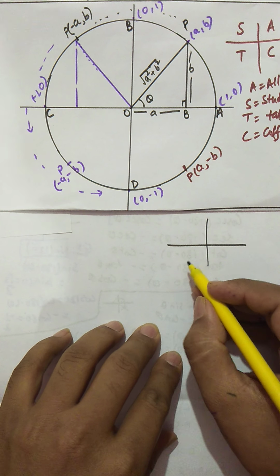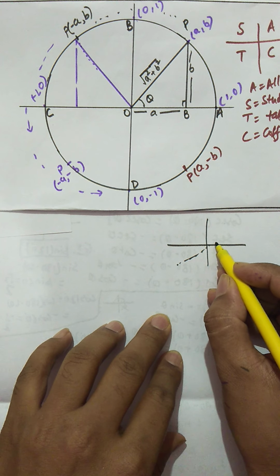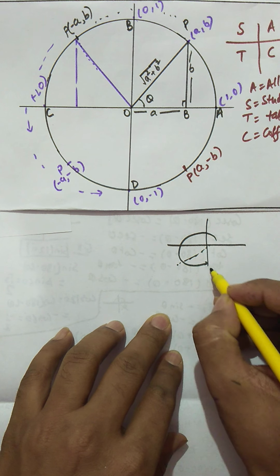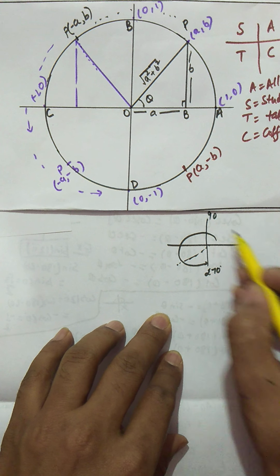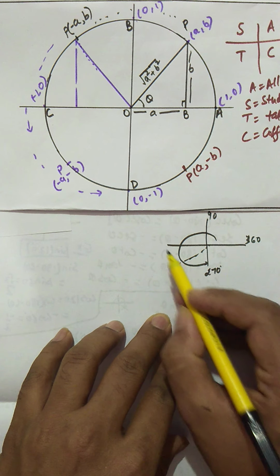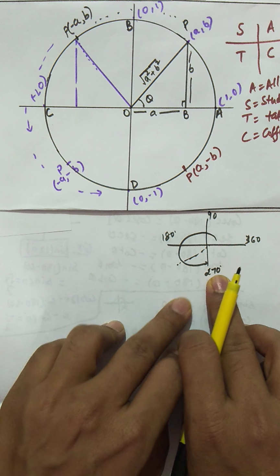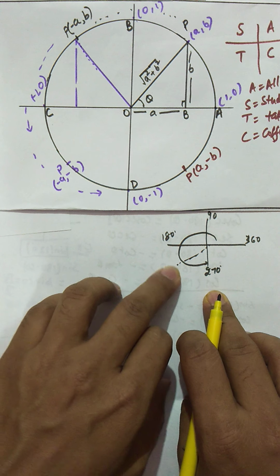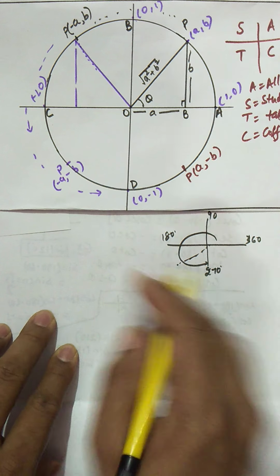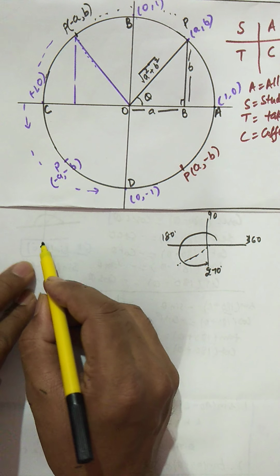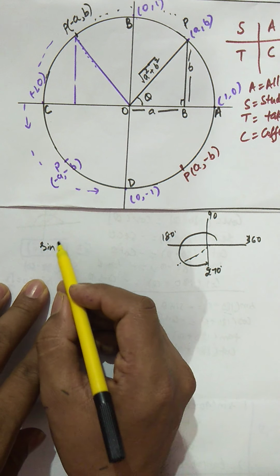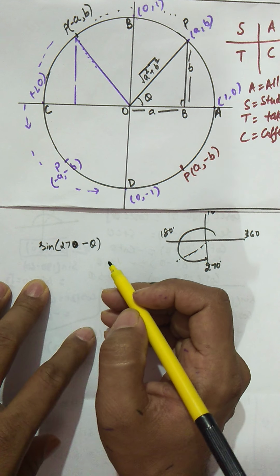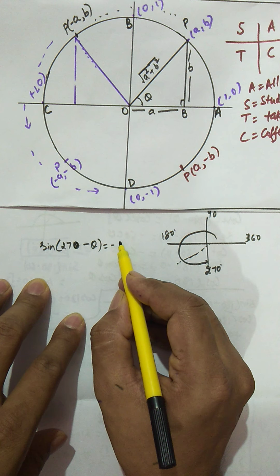Now we'll discuss the third quadrant again, but in another way. First we did 180 plus theta, but this time I can use 270. Here the angle is 270, this is 90, this is 360, and this is 180. So when I write 270 and I subtract some angle, it will again reach the third quadrant. So for example, if I want to write sine, I am writing the formula first. Sine 270 minus theta, this is also going to be cos.